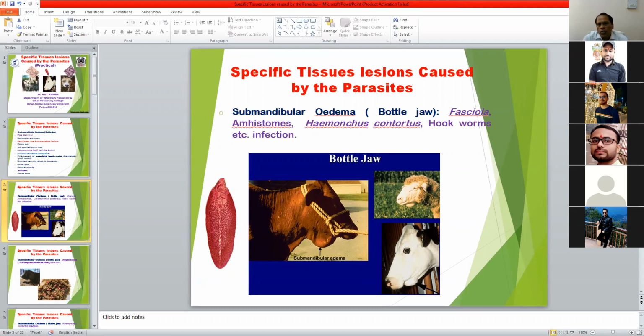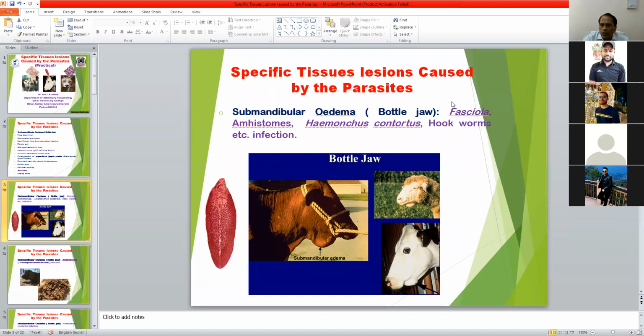This is known as bottle jaw. तो इन 4 पैरासाइट में कॉमनली सबमैंडिबुलर ओडिमा मिलता है: फैसियोला, एम्फियोस्टोम, हेमोंकस कंटोर्टस और हुकवर्म, because all these 4 parasites